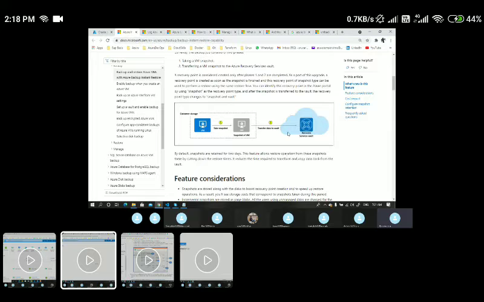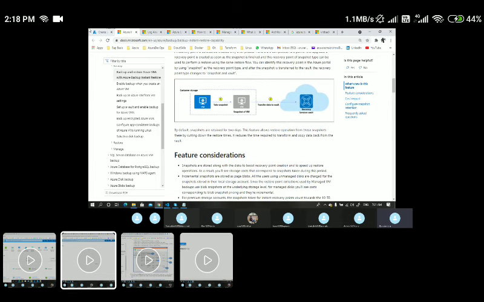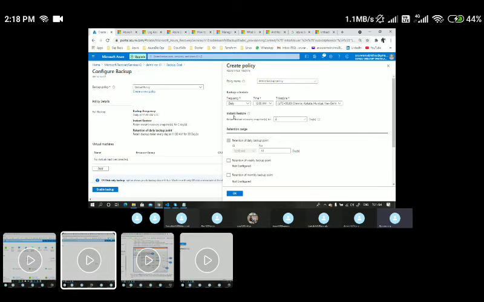What happens is, whenever you perform this backup, the backup items will be stored in the form of a snapshot of the VM, and it will transfer the data to the vault. This is what we discussed here. And this snapshot will be stored as an instant recovery snapshot for 2 days, along with the complete backup.